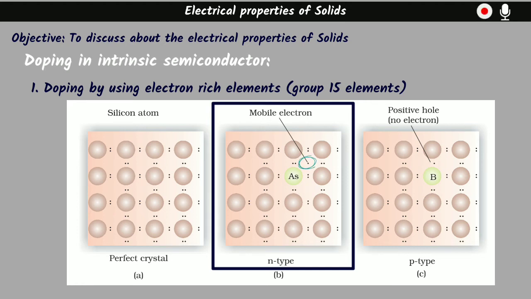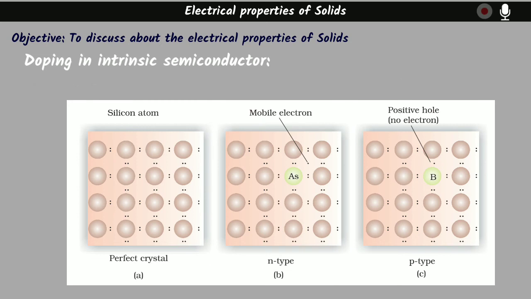Because of the presence of these free electrons, or you can say the mobile electrons, the electrical properties of this semiconductor will vary. And actually the electrical conductivity will increase because of the presence of these free electrons, which are coming from the arsenic. Since the electrical properties are enhanced because of the presence of negatively charged electrons, these types of semiconductors are also known as n-type semiconductors. And the free electron which is coming from this arsenic is also known as a delocalized electron.